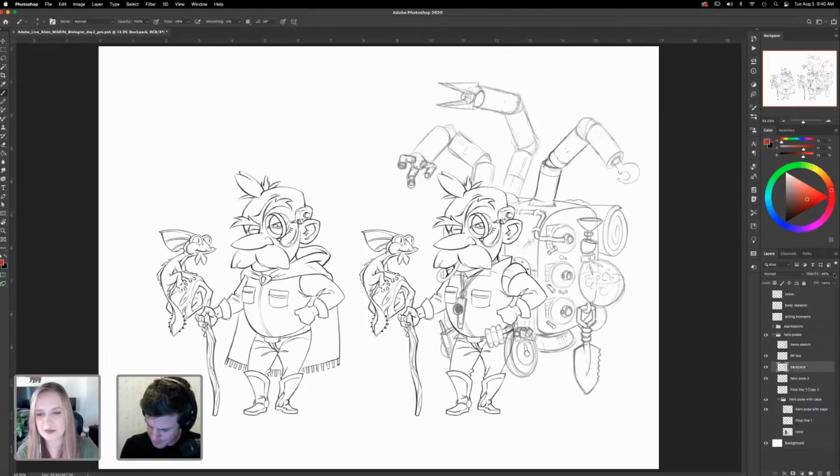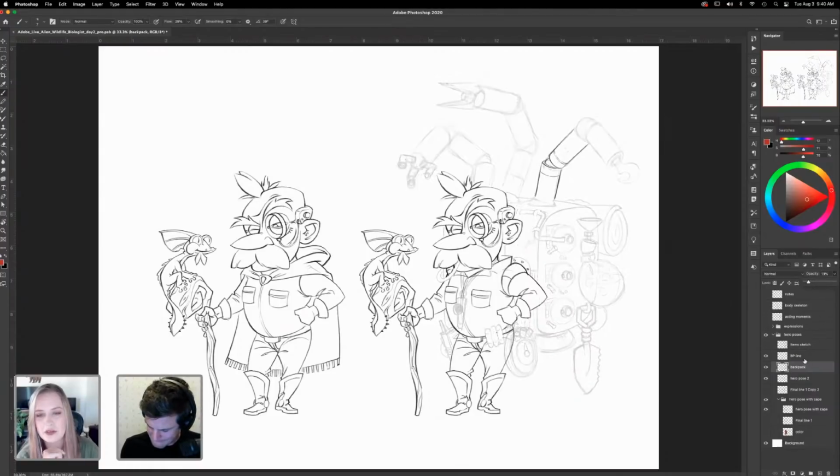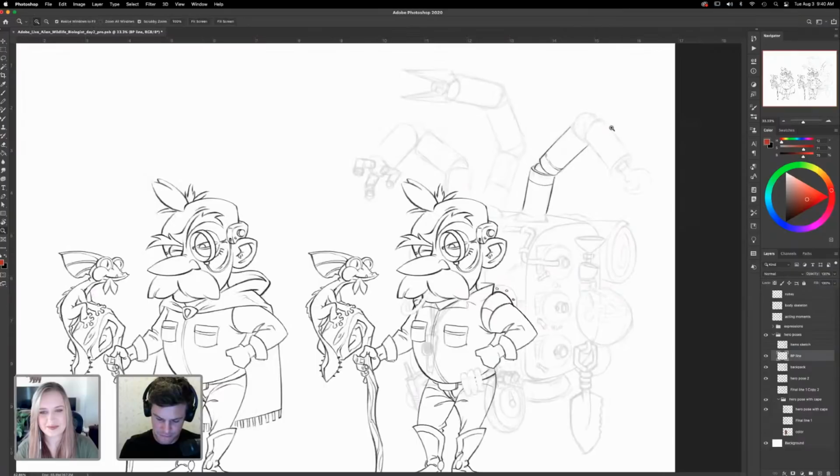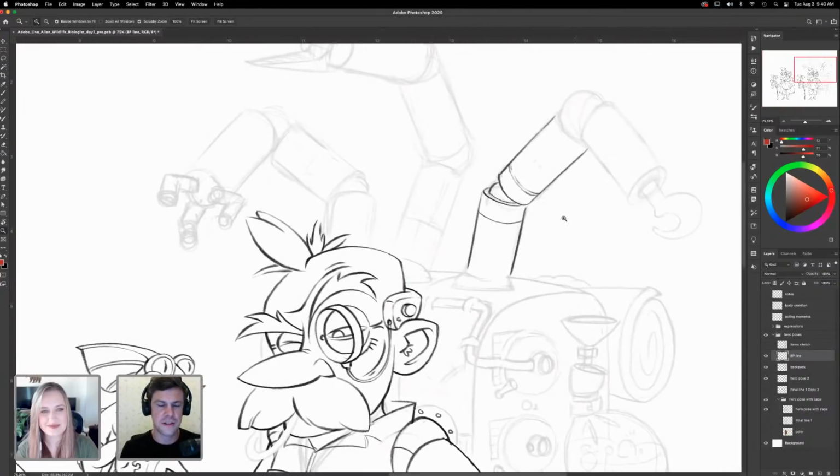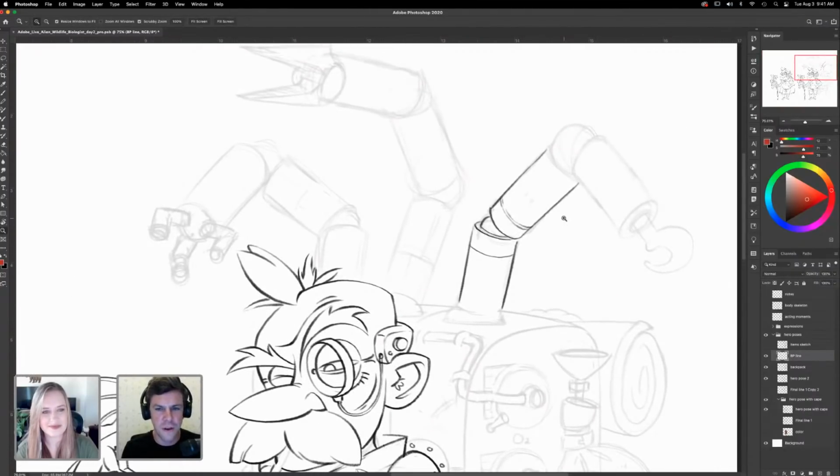You've made a lot of progress since we saw it yesterday. It looks so cool. I think one of my favorite parts is the fact that you added a monocle and then put a wire attached to his headpiece there. That is so cool. Yeah, because we were talking about kind of like the binoculars, and then someone had suggested the monocle, and I was like, oh, it's perfect. Because when I had that thing on his ear, I felt like it could have been this really cool hearing aid to hear the animals, like tune into different frequencies. And I was like, oh, that'd be perfect. It could totally be that.